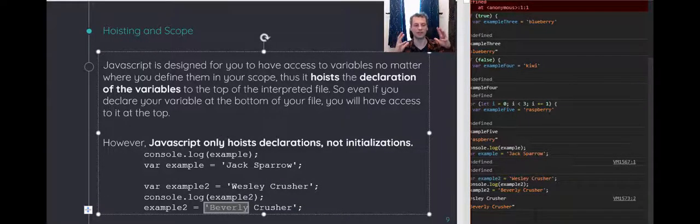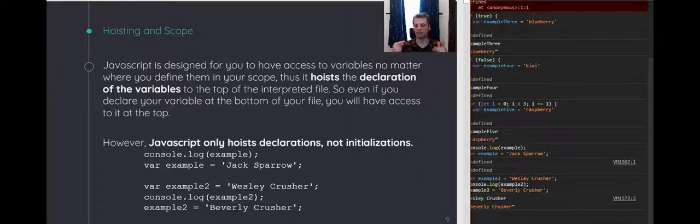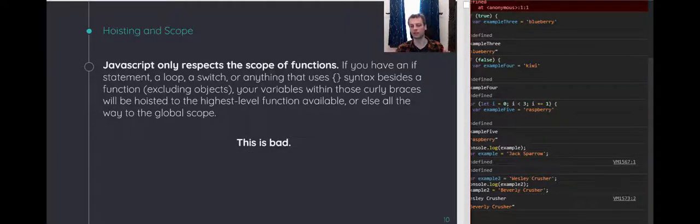Okay, so behind the scenes, there's this hoisting behavior where you are moving declarations of variables and handling your variables in a different manner than you might suspect based on the order in which you have written your code. So that is relevant because it matters for how it is dealing with the curly braces. And what's happening is that these variables that are being defined inside of these curly braces, JavaScript is only respecting the curly braces that have to do with functions. If you declare or initialize a variable inside of curly braces, but it's for anything other than a function, or I suppose an object, then it is going to